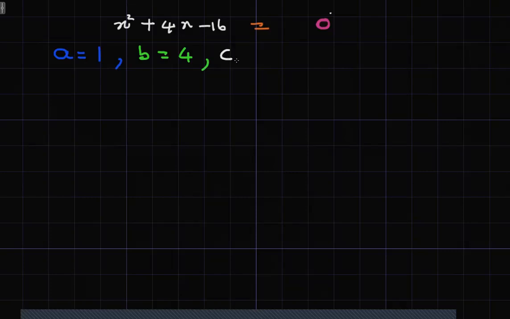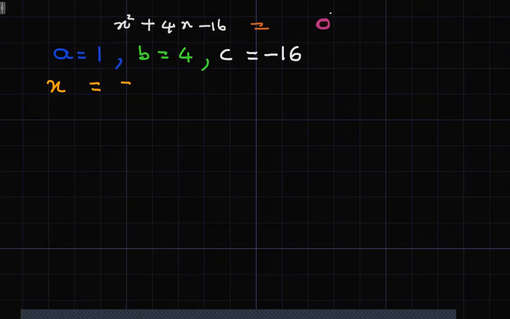It is minus 16. All right, so we figured out what's A, B, and C. Now it's just a matter of writing the quadratic formula. All of you should know the quadratic formula by heart. What is it? X is equal to minus B, then comes the plus or minus,